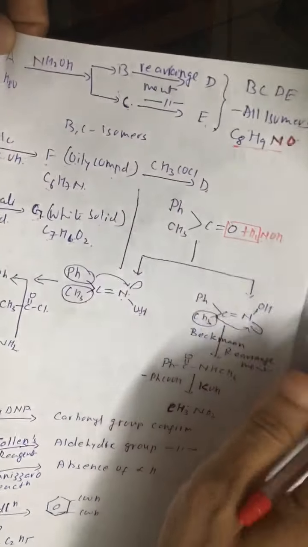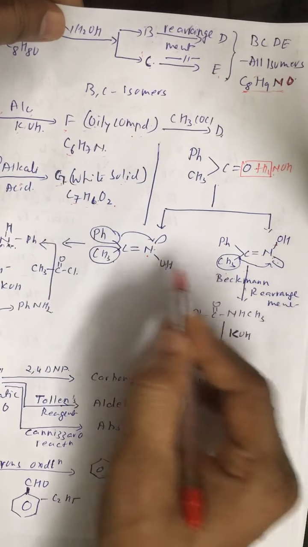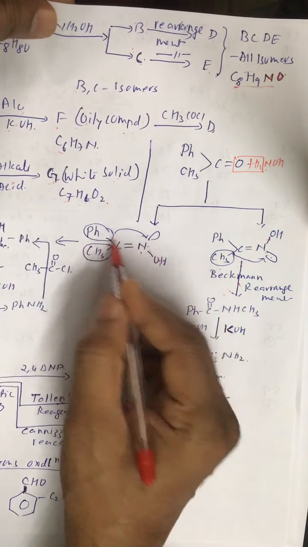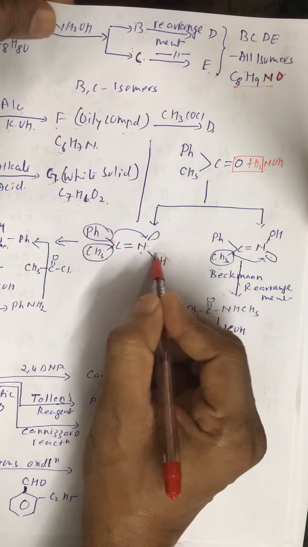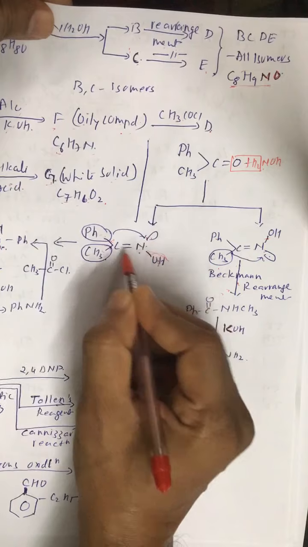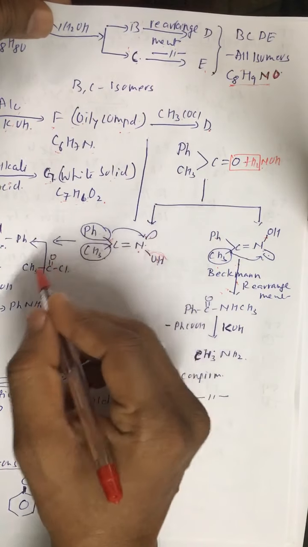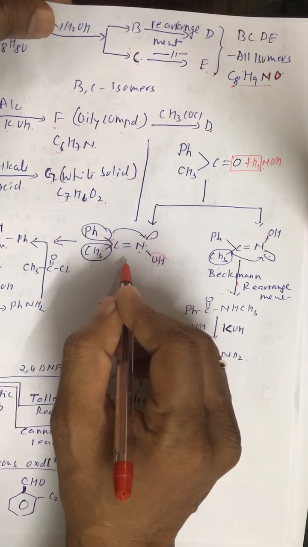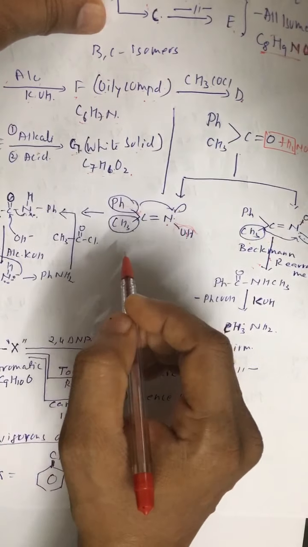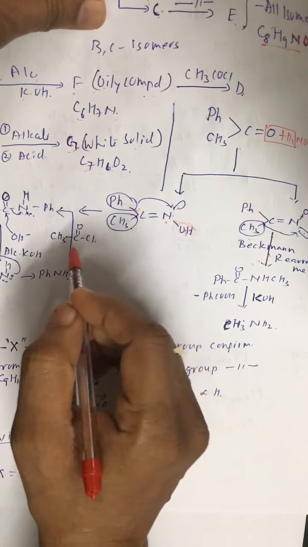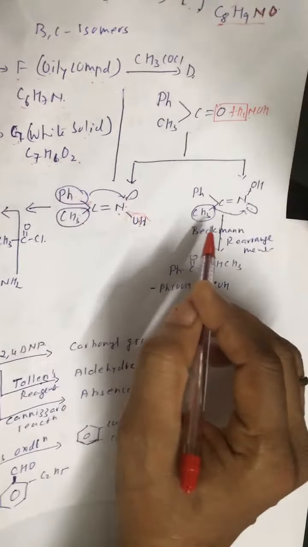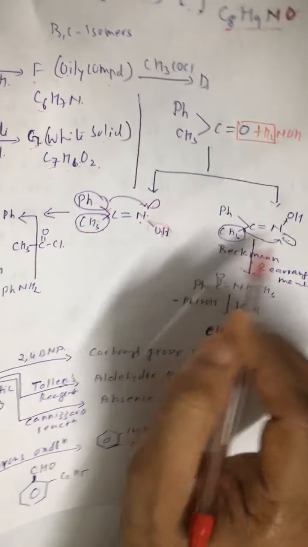Now, rearrangement takes place in the presence of acid. This is called Beckmann's rearrangement. Both the rearrangements are Beckmann rearrangements. This is the migration of the anti-alkyl group, meaning the group which is opposite to OH migrates. There are many more points, but we don't have much time to discuss Beckmann's rearrangement. If you want it discussed, send me your doubts. So here the phenyl group migrates, and here the methyl group migrates, on nitrogen.